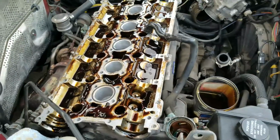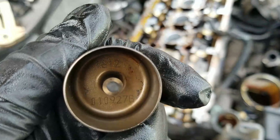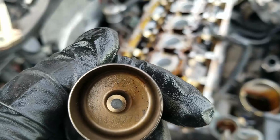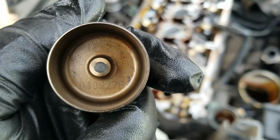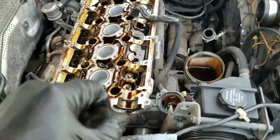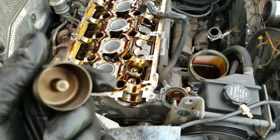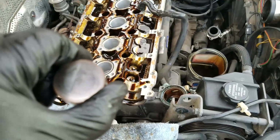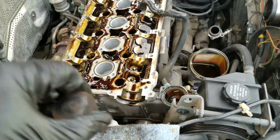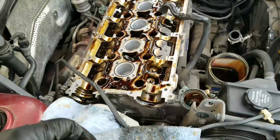You have to keep these in order. They're all different sizes. If you look down in there, you'll see this one in the number 2 position has the number 1612, and then I assume that's the part number down there. So this has to stay in there unless you change the valve out. But it's easier for you if you keep them in order. So I'm going to label this 2I all the way across to 10, and then I'll just number these 11 through 20, and I'll know their